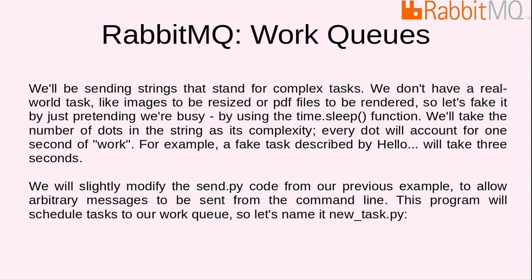We will take the number of dots in the string as its complexity. Every dot will count for 1 second of work. For example, a fake task described by hello... will take 3 seconds. We will slightly modify the send.py code from our previous example to allow arbitrary messages to be sent from the command line. This program will schedule tasks to our work queue, so let's name it